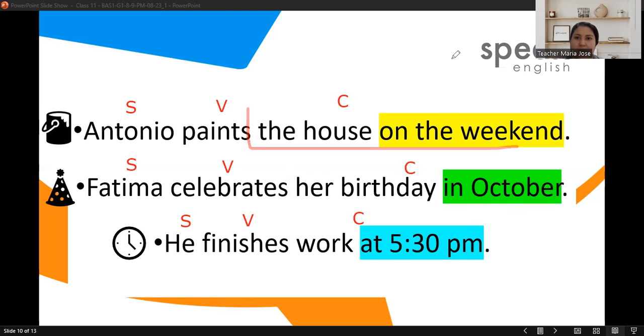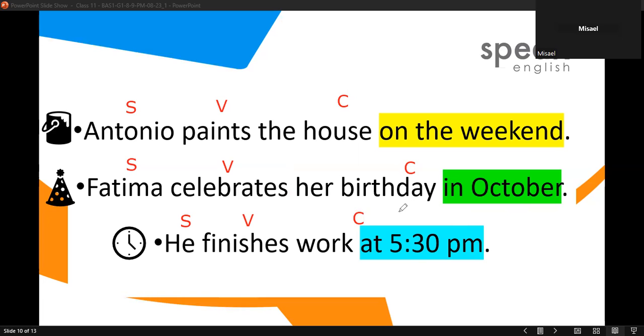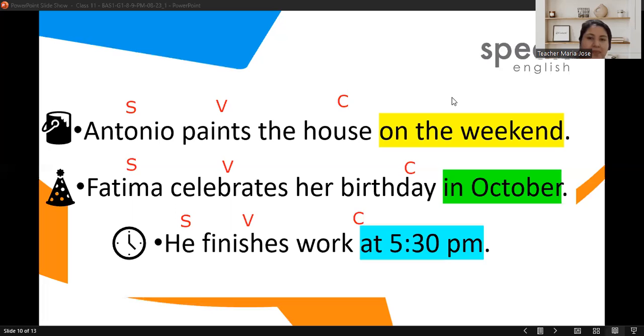Okay, perfect. Question. ¿Cómo se dice en inglés los dos puntos después de la hora? You don't say it. But they are the colons. You don't say 5:30 with the colons. Yeah, they have a name. They are colons. But you don't say the name. You just say 5:30.